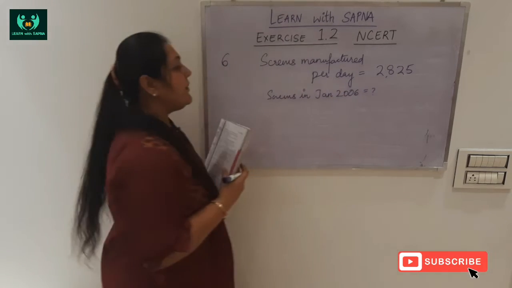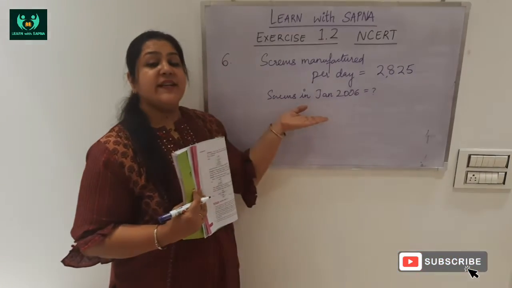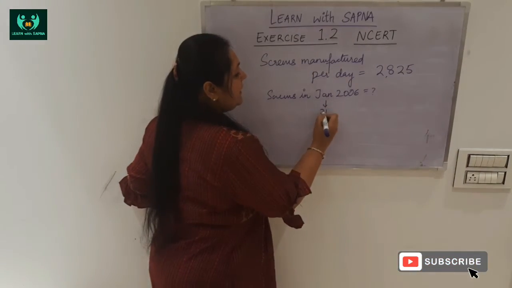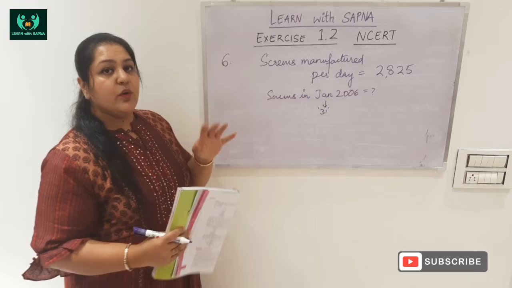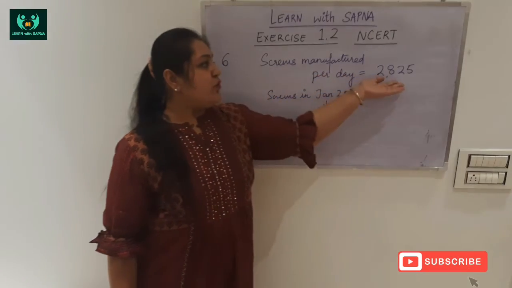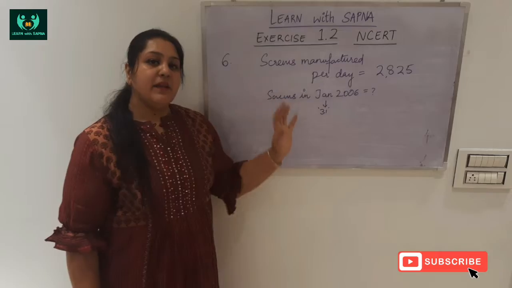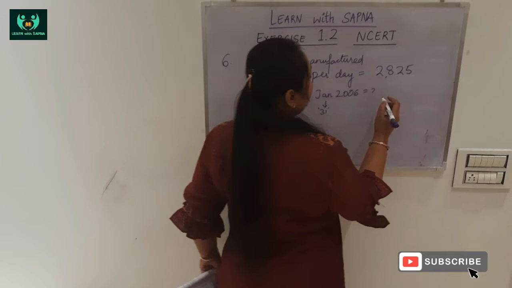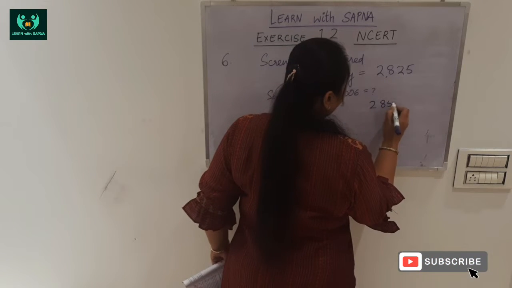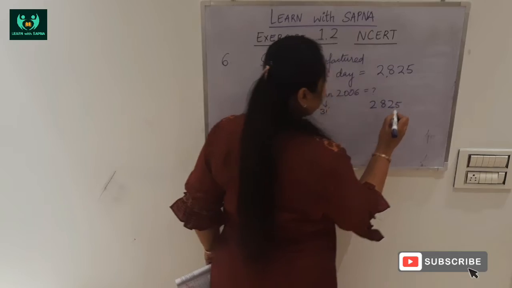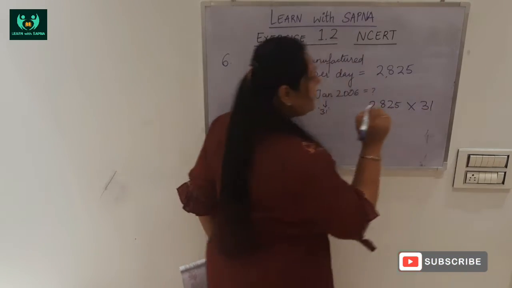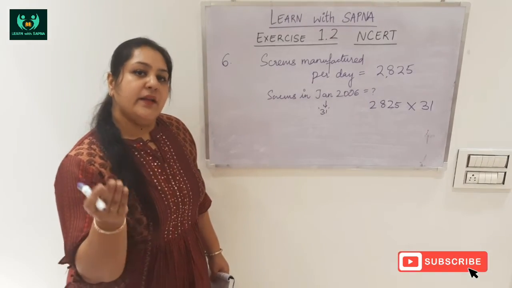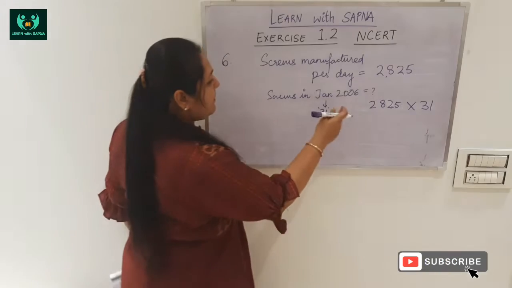2006. Now whichever the year may be, how many days are there in a month of January? 31 days. January always has 31 days. So what is being asked in the question is, if this many screws are manufactured per day, how many screws will be manufactured in 31 days. So screws in January will be per day 2825 into how many days? 31 days. जितने भी screws एक दिन manufacture हो रहे हैं multiplied by 31, that is number of days. So simple multiplication,